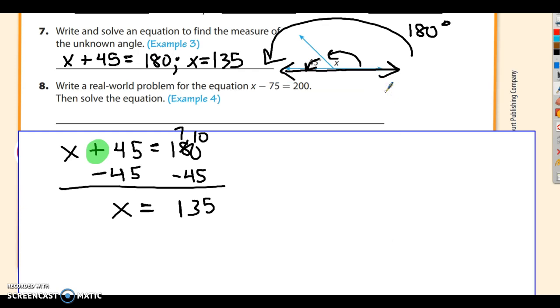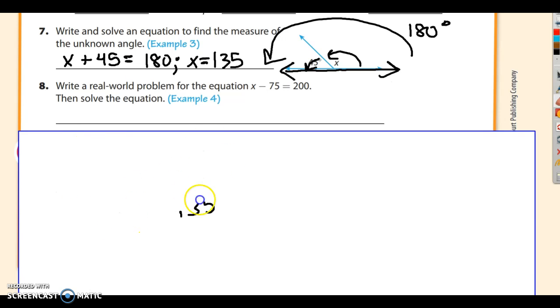real-world problem for the equation x minus 75 equals 200. I kind of like the old spending type of problem. X could be some money. I did this one on the last page. Something like this. X could be some money. 75 could be spent. 200 could be how much you have left. So you could do something to the effect of,